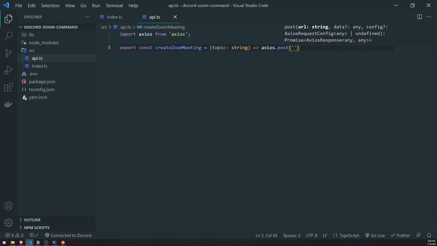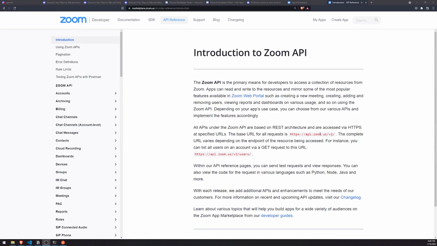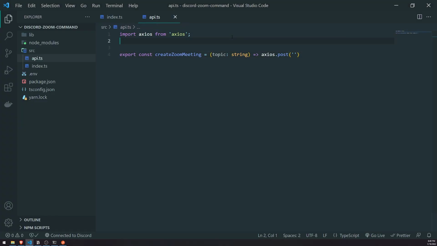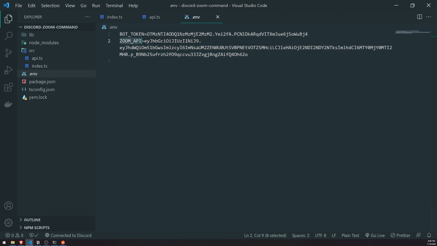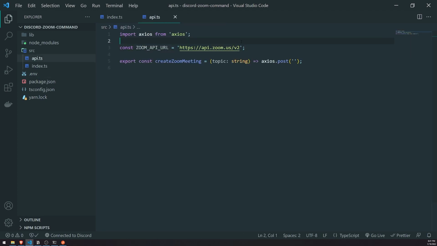Now we're going to need the Zoom API URL. The Zoom API URL is just api.zoom.us/v2. So let me copy that as the base URL. So const ZOOM_API_URL. Okay, we're also going to need the API key. Let's not forget that. So let me go ahead and grab that